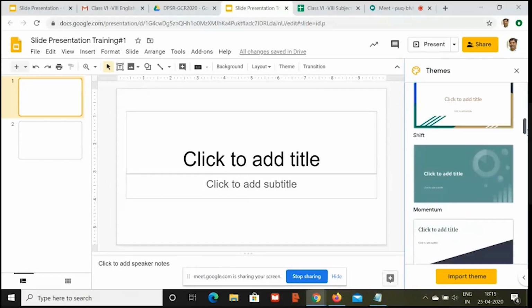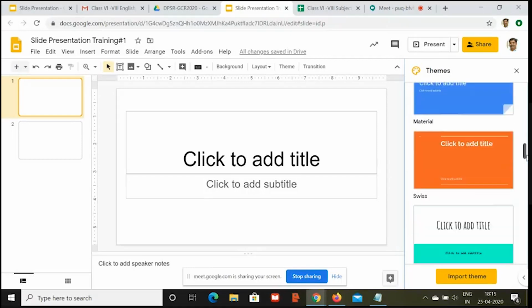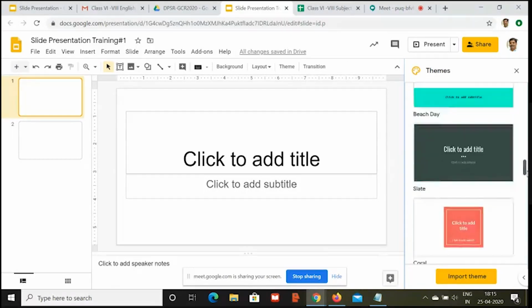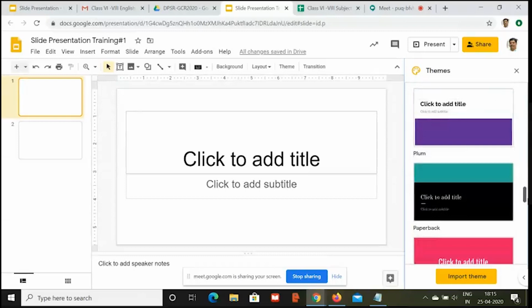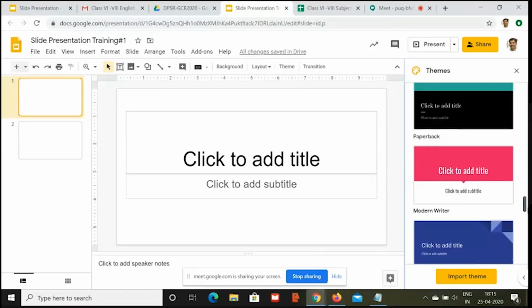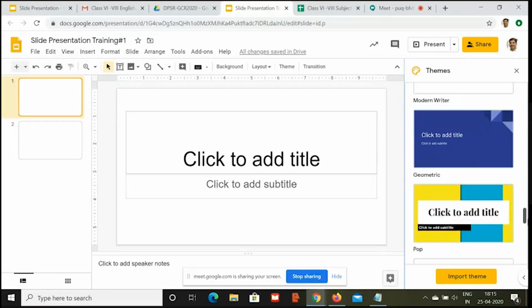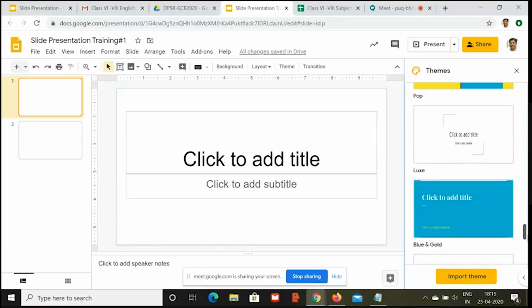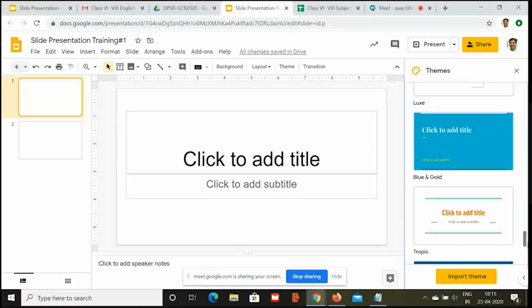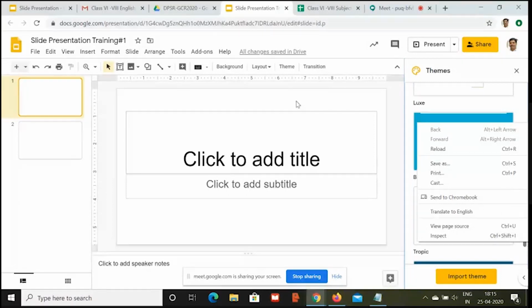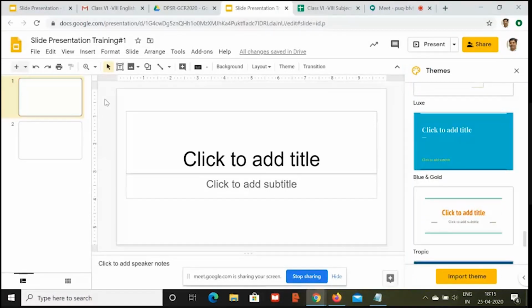Right, so you can pick up any of these templates which are available here. Any of these templates can be picked up in which the color scheme and the font scheme is going to be uniformly available to you. So if you don't like any of these themes, then you can make your own. So that is more important, because that will be having your personal touch, and that theme will not resemble anybody else's, right? So how to make that theme of your own, that is very, very important.